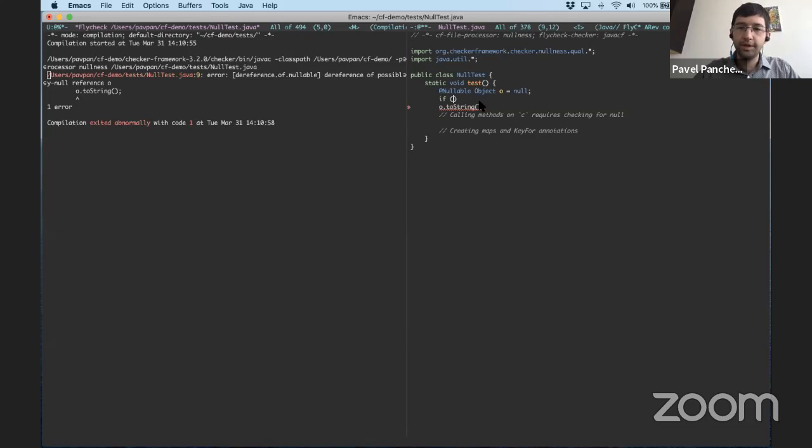Furthermore, the Checker Framework provides the sort of refinement technique that I talked about last Tuesday, which is the ability to make use of the results of a comparison to further understand the various values in play. So in particular, I can test whether O is equal to null and only call toString if it is not equal to null. And now you can see that that error has gone away because this comparison with null has allowed, in the else case where the comparison is false, the Checker Framework to refine the type of O from nullable to non-null.